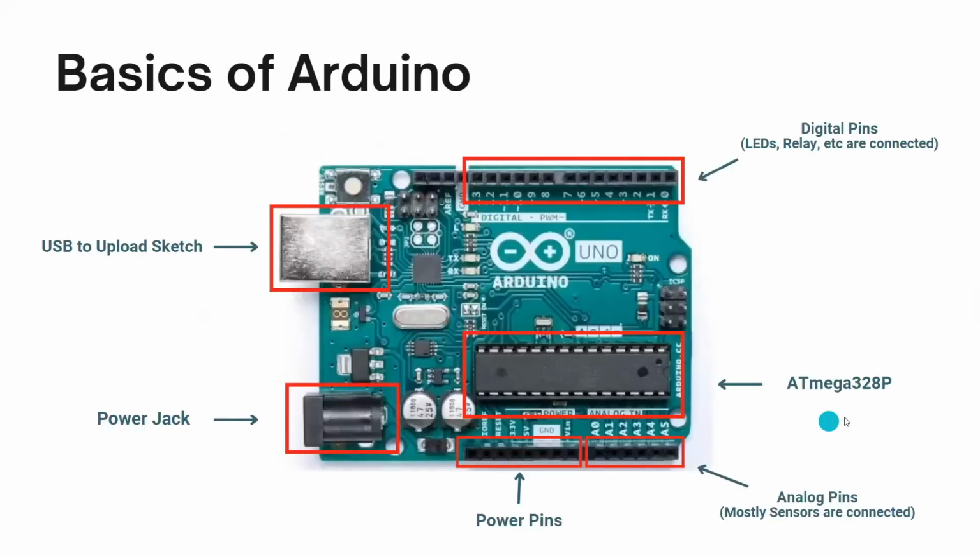Now let us continue with the basics of Arduino. In digital pins, we generally connect LEDs, relays, etc. You can take the example of a fan at your house. With a switch for the fan, you can either turn it on or turn it off. That replicates the system of digital pins. Either they can turn the LEDs on or turn them off. That's how digital pins are used.